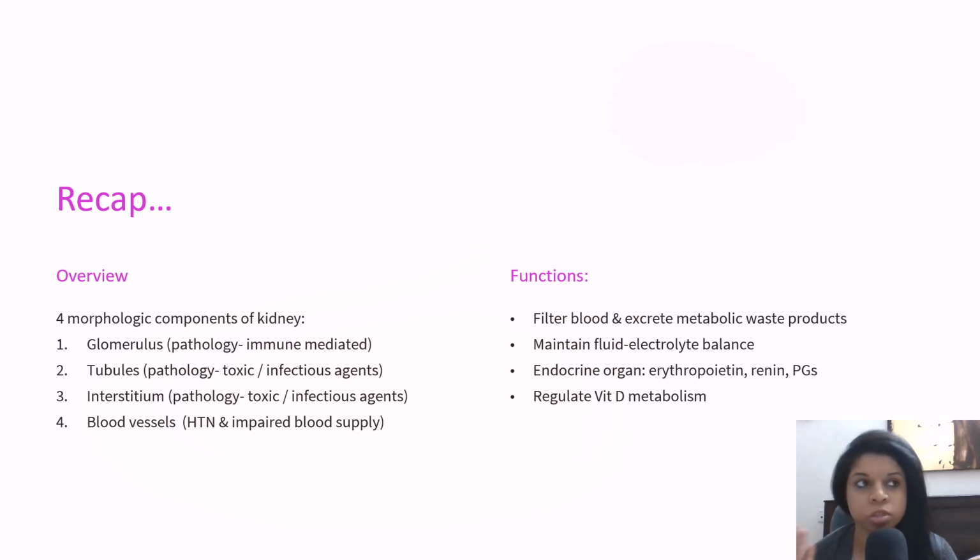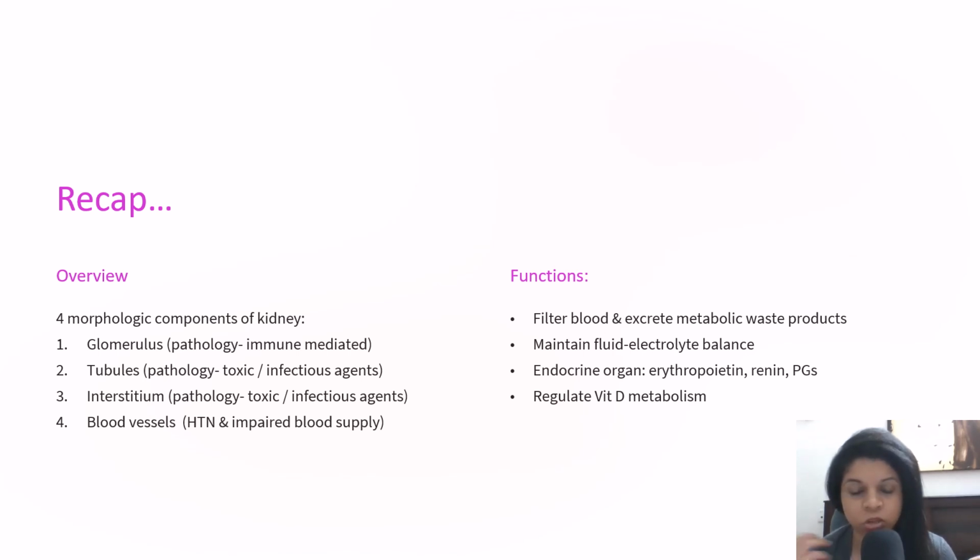So it produces erythropoietin. Erythro means RBC related and poietin means formation. So RBC formation, one main hormone which is important is erythropoietin. So in kidney diseases, when functional part of the kidney is lost, erythropoietin also decreases, and in that case you will get anemia. And then renin is also produced as a hormone from kidney, which is important for renin angiotensin